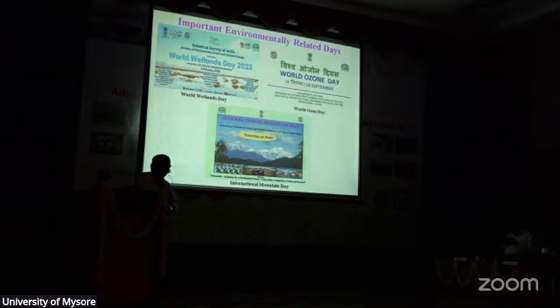You see, friends, as much importance as biodiversity has, that much of a threat it also faces. That's why there are 3 positive mantras of biodiversity: inventorization, documentation, and conservation. Besides that, 3 contrary factors are working: urbanization, deforestation, and refrigeration or air conditioning. Refrigeration erodes the ozone layer of our earth and has so much effect on human health. That's why 16th September is Ozone Day, and many programs are conducted to convey the importance of the ozone layer, a protective layer to preserve and conserve this important natural resource.